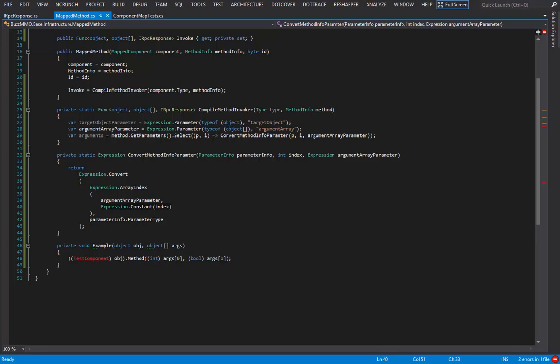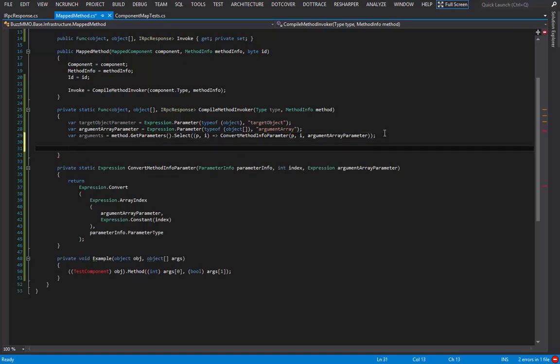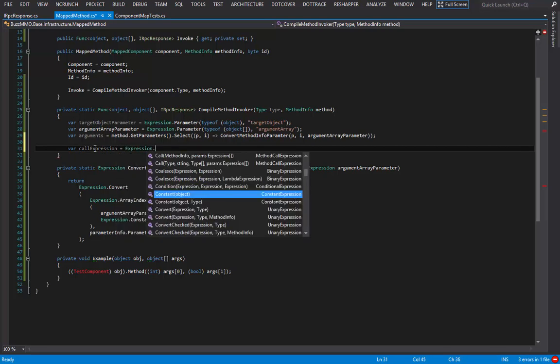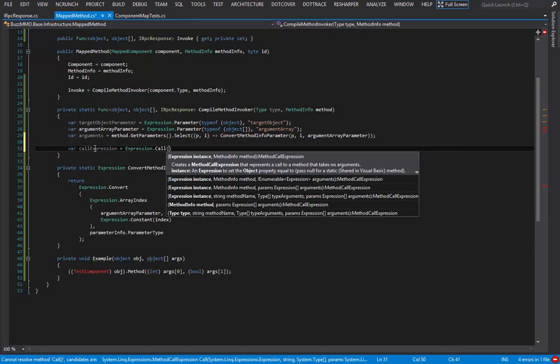Okay, now that I have this list of parameters done, I now need to do the bit that actually converts the object that we passed in into the right component type, and second, invokes the method that we want to invoke on it. Of course, I'm going to want to go inside out, so I want to say var callExpression equals Expression.Call. Now, what are we calling? Well, we need to first pass in the instance. So what is that going to be? That's going to be